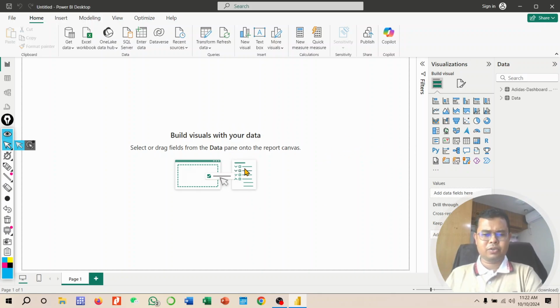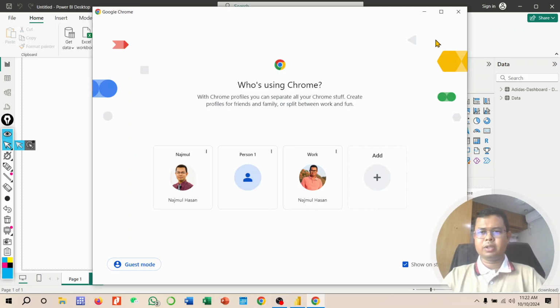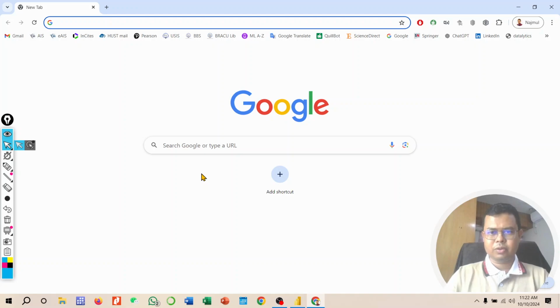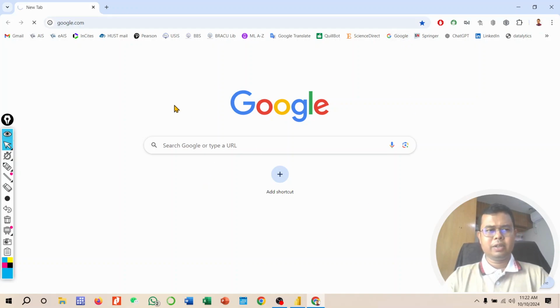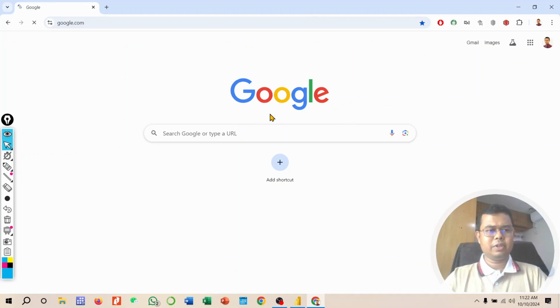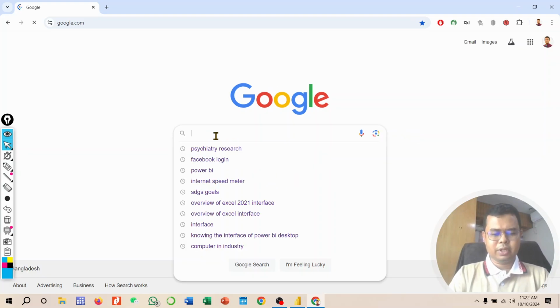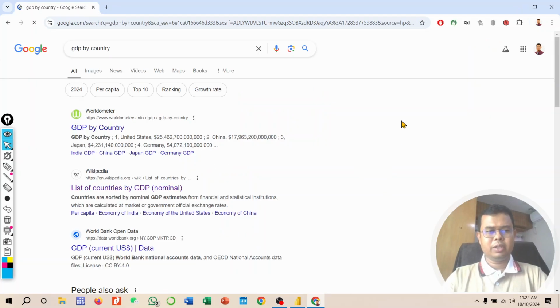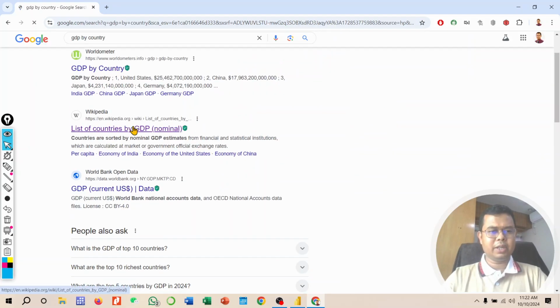For example, I would like to download the GDP by country data. So just Google it, go to Google, and type GDP by country. Okay, so if you click here in the Wikipedia,